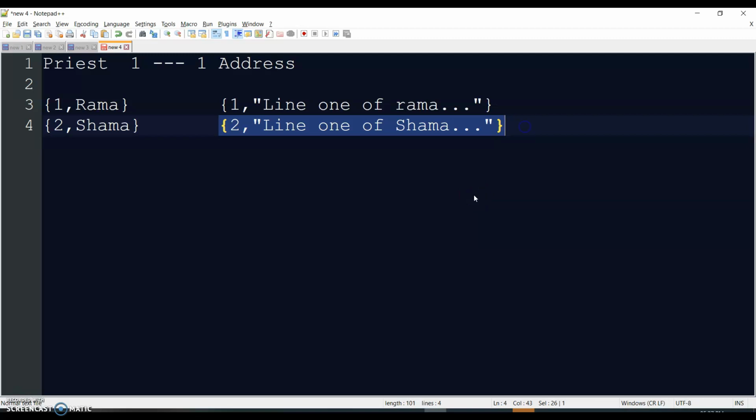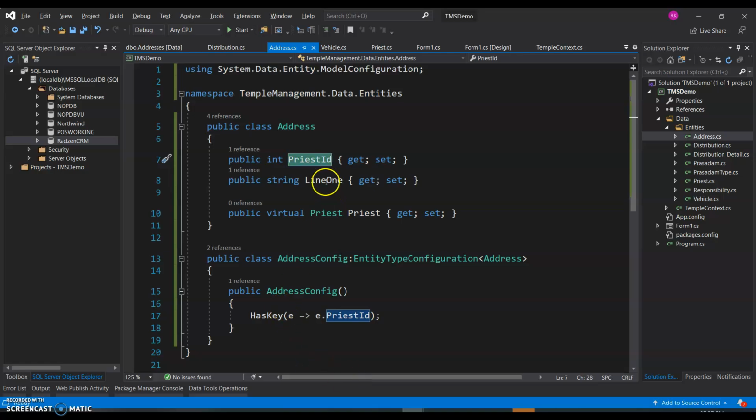I mean, if you really want to create one-to-one, you should be able to do this, and that is what I am planning to do here. If you see, in the address, since I'm again violating the constraint, technically this should have just been ID. Then this ID column would have been interpreted by Entity Framework as the primary key for this entity. But I have set PriestID. So now Entity Framework figures out, since this is Priest and this is ID, that this is a foreign key for priest. That is also okay.